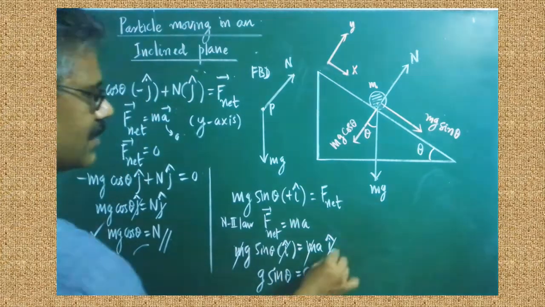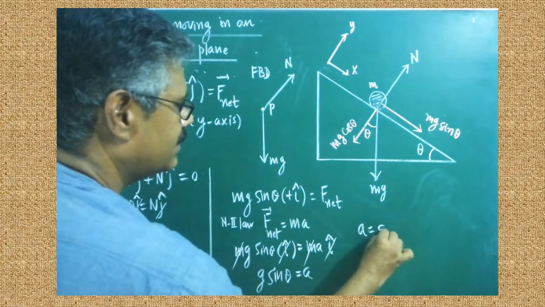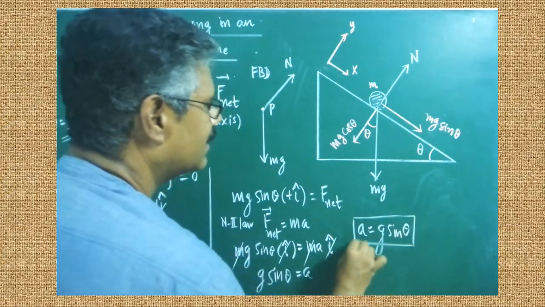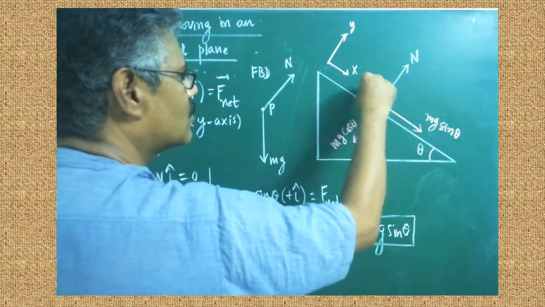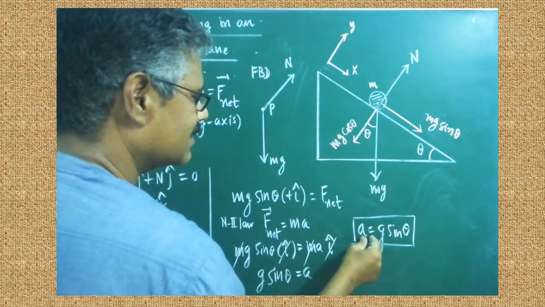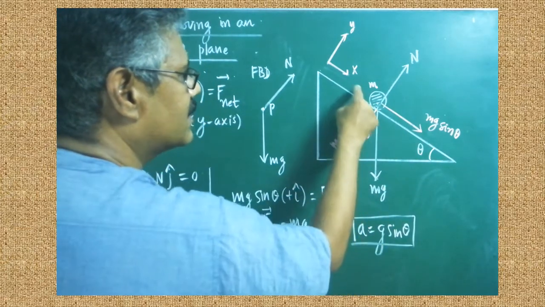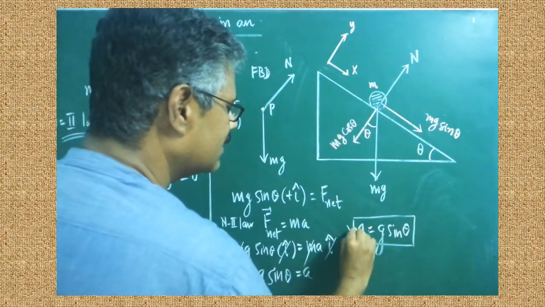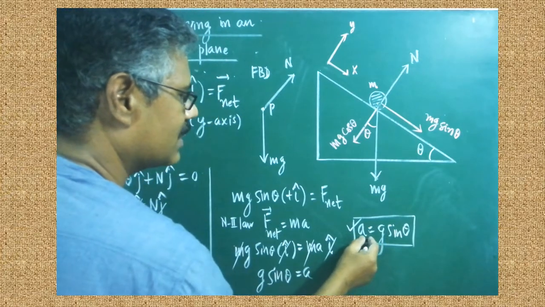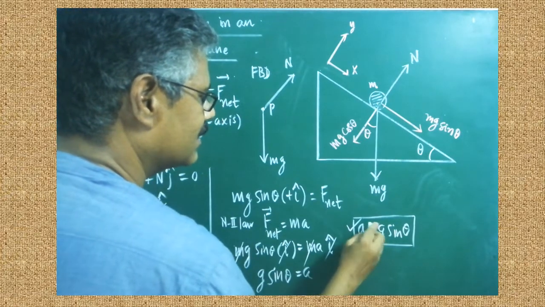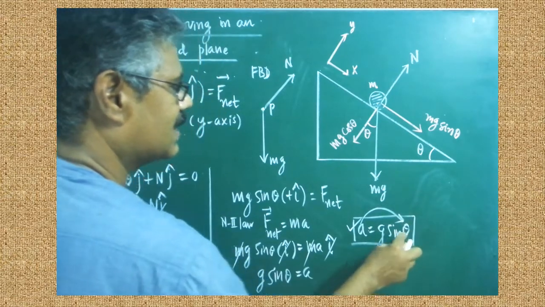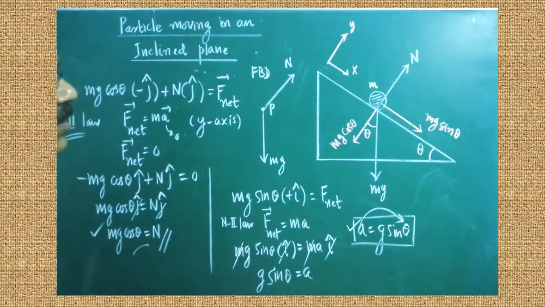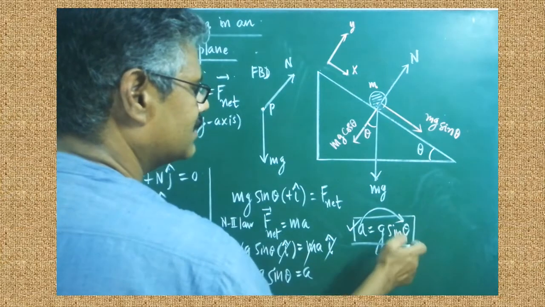So what have you got? a is equal to g sin theta is the formula to calculate the acceleration of the body when it is rolling down. This is the acceleration of the moving body. So when it is going down on the surface of the inclined plane, this is the expression from which we are able to calculate the acceleration of the body. That acceleration purely depends on theta. Are you clear? When theta is more, acceleration will be more. Make a note: acceleration purely depends on theta.